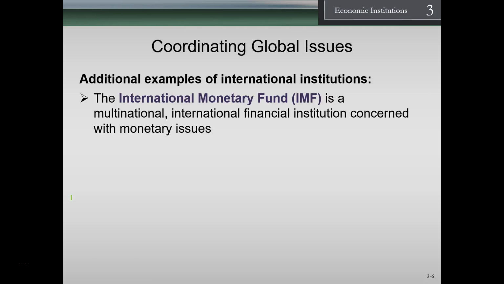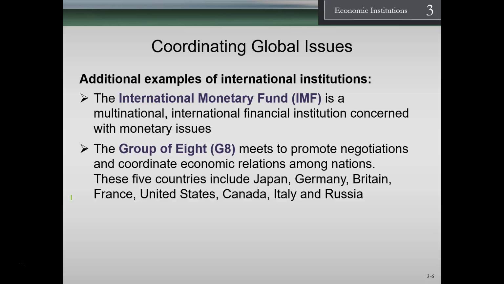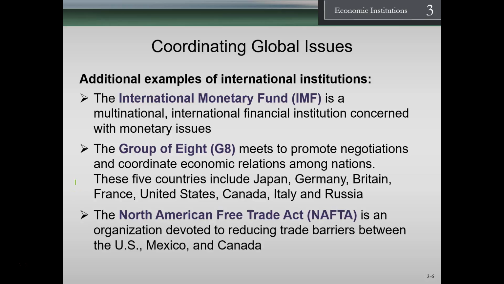Additional examples of international institutions. The International Monetary Fund is a multinational international financial institution concerned with monetary issues. And the Group of Eight meets to promote negotiations and coordinate economic relations among nations. These eight countries include Japan, Germany, Britain, France, United States, Canada, Italy, and Russia. The North American Free Trade Agreement is an act developed to reduce trade barriers between the U.S., Mexico, and Canada. So notice what we're trying to do is once again promote the trade. We recognize that the trade is going to be beneficial to all countries for the most part if we can